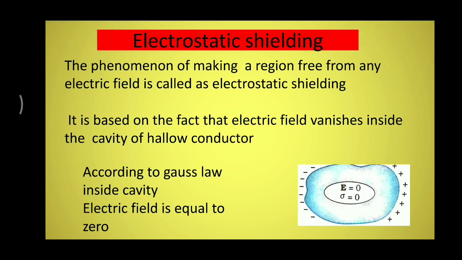Cavity means some hole is there at the center. Now when we charge this one, at that moment charge resides only on the surface. Due to that, inside the cavity and inside the conductor the charge is zero, that's why the electric field is also zero. And here there is some space, some hole in the metal conductor. In that hole the electric field is zero, right?